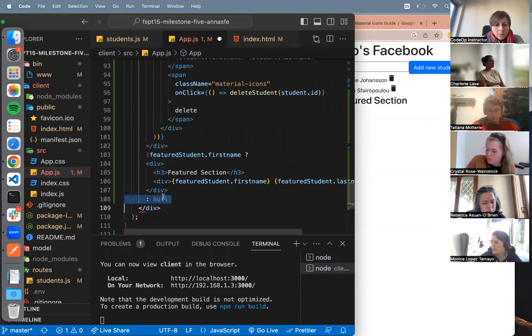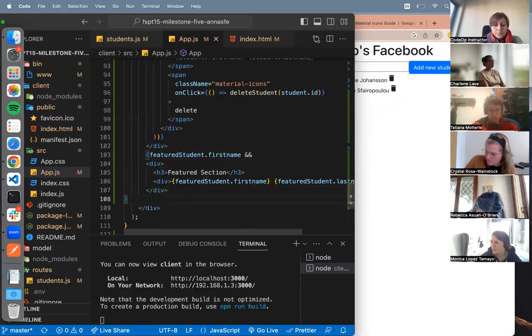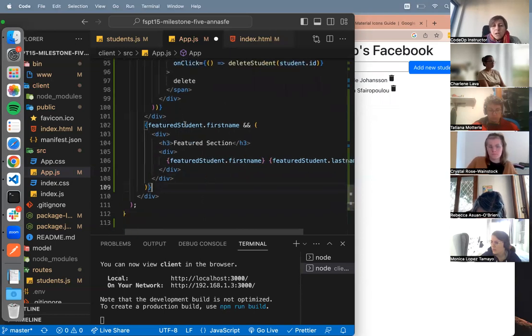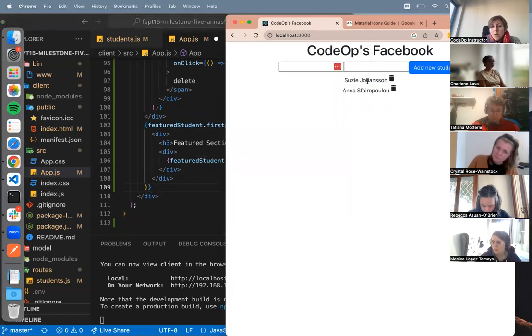If I don't want to show anything, I would just use this filter, the double and. So if this object has something in the first name, then I will show the feature section. Otherwise, it will not show anything, like in this case. So now when I click on a student, it shows and it updates this featured section, which is, again, just